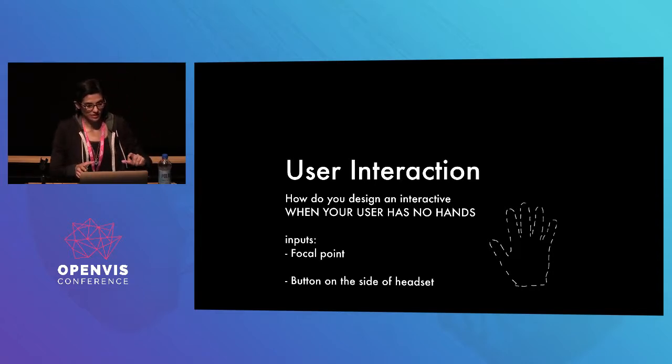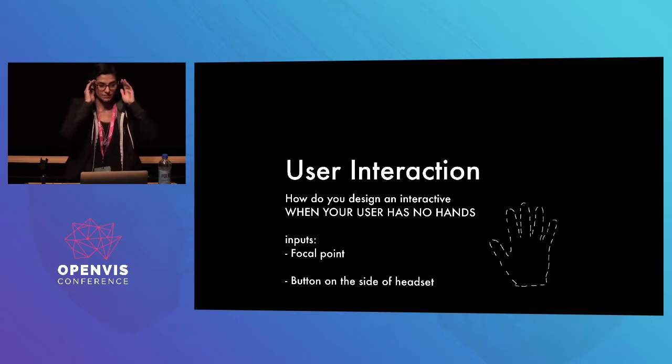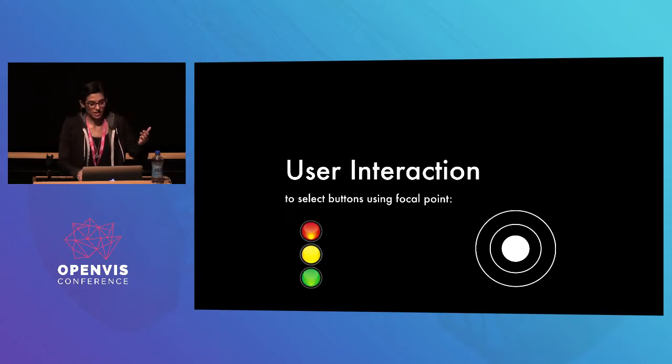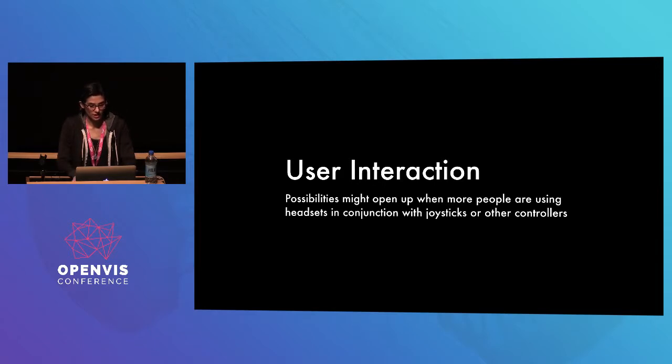There are really two inputs that we can take advantage of, which is a focal point in the very center, and there's one button on the side of most headsets. So we use that to do stop and go, and the focal point to look at a button. But of course, you can't just have people pressing buttons willy-nilly, whatever they look at, so we had a countdown. We had this stoplight metaphor of red, yellow, green, and then Google, in a lot of stuff they make, has this concentric circle thing that grows and lets you know that you've selected a button or action item.